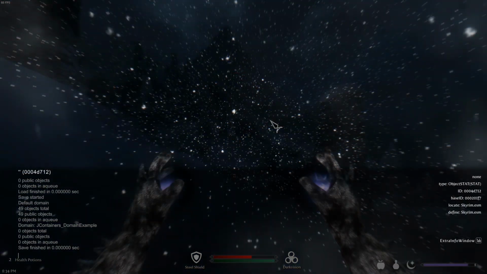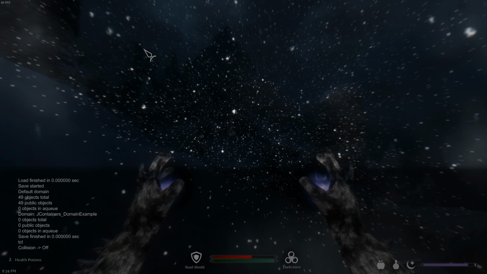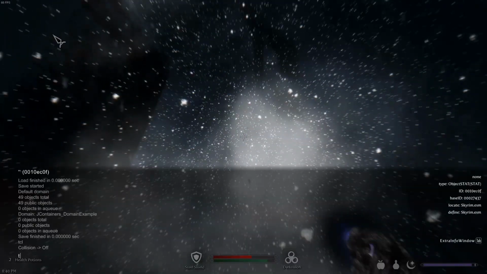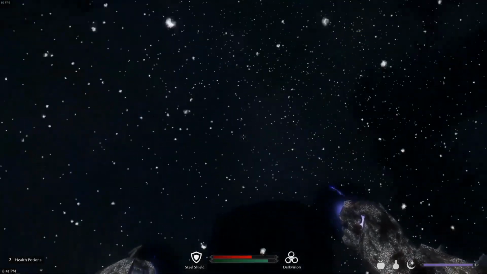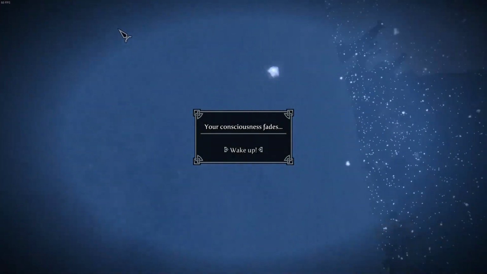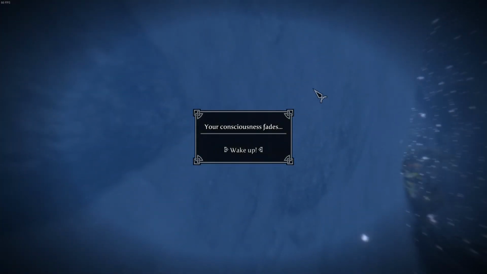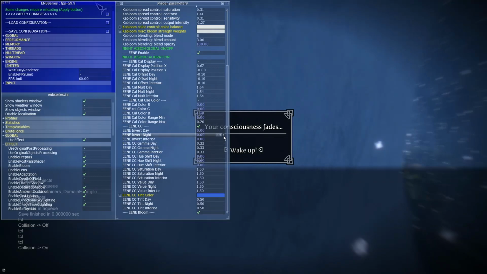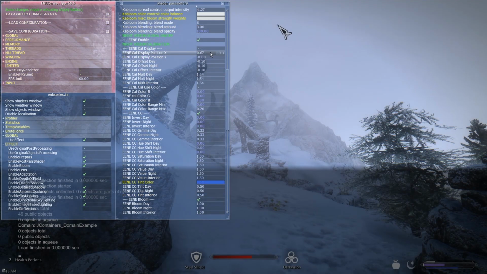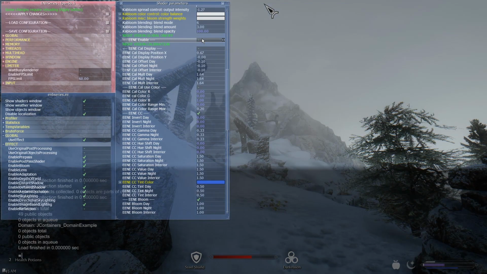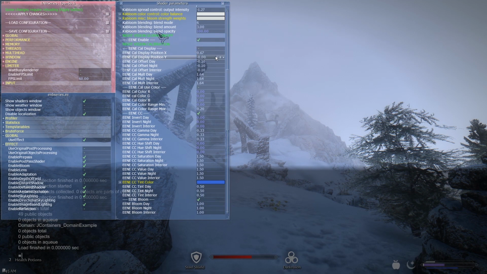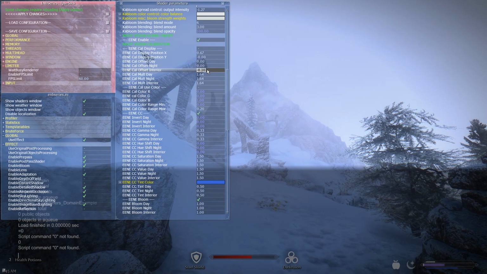So the offset doesn't really change the threshold of what's causing the effect to trigger, it's just going to turn the effect down, including your Nighteye settings. So during certain events like when the character dies or when you're in Bleak Falls Barrow, which is a big one, especially in the daytime, the effect will trigger at varying degrees. So if it triggers at a degree that happens to make the Nighteye get really bright, if your output threshold is not far enough in the negatives, then you're going to see the effect again,